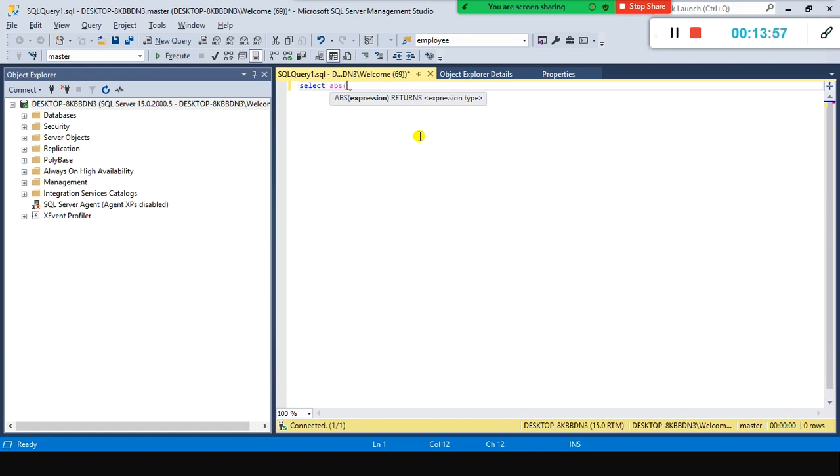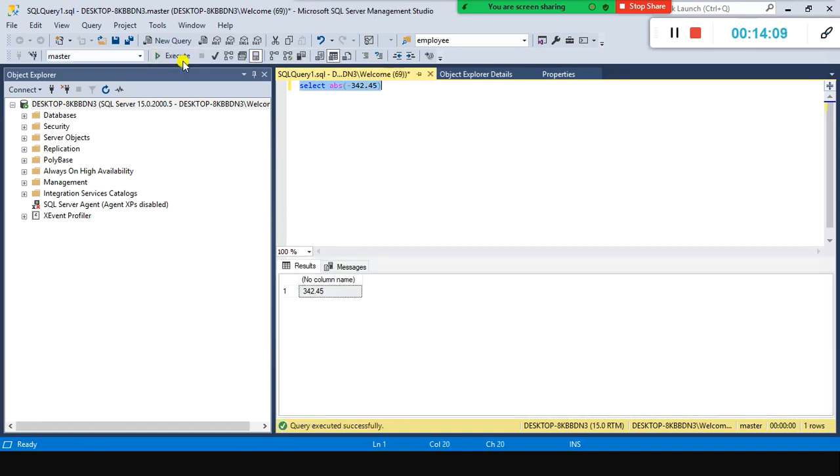One second, I just say negative 43342.45, and I'm going to click execute. So we get 43342.45. Here I don't see any column name. Hence, if you want to define a meaningful value for the column name, you can use the AS keyword. Let's say here, absolute value, and you can click on the execute button. Yes, now the column name is meaningful and the negative value got removed.